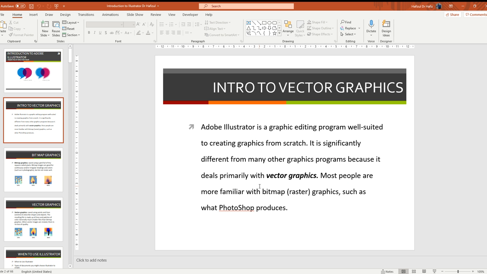Basically, Illustrator is graphic editing, well suited to creating graphics from scratch. For example, if you want to create a logo for a company, you can create it by using Illustrator. And if you want to create bunting and also a poster, you can combine from Photoshop to Illustrator. It is significantly different from many other vectoring graphic